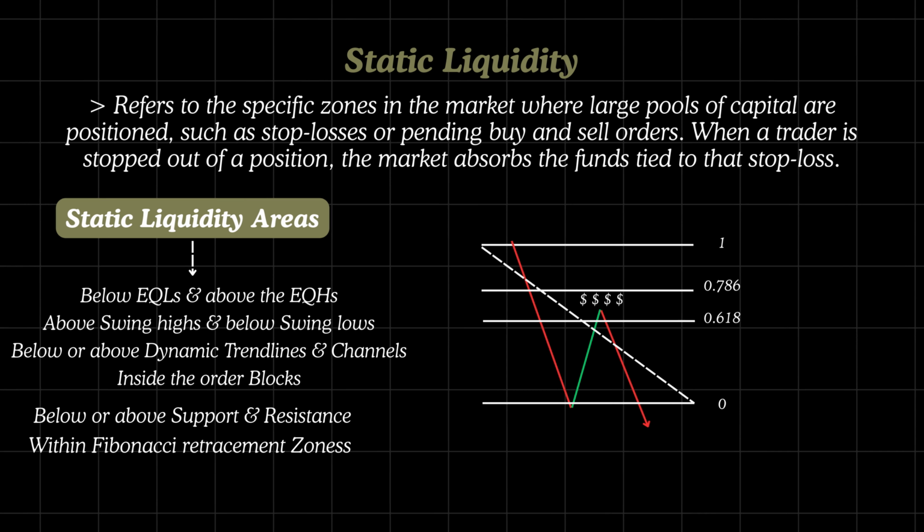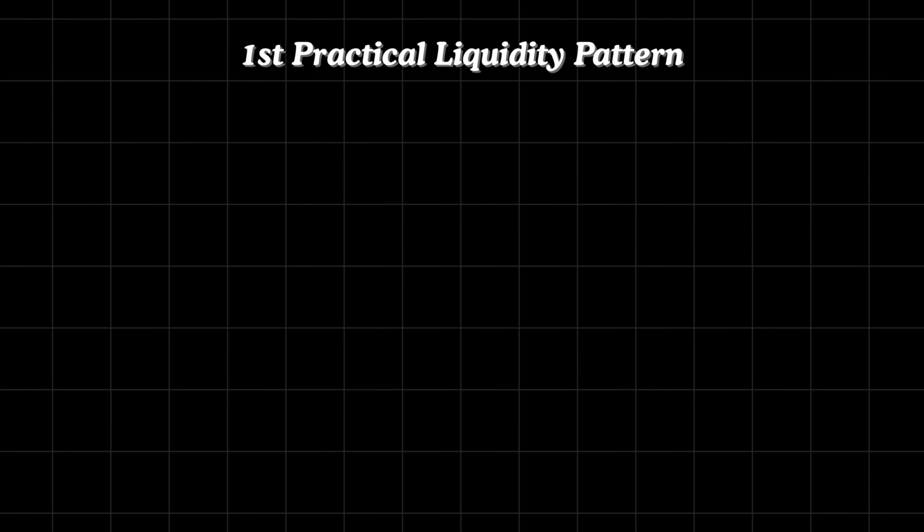Many of these zones and patterns are particularly important since they are commonly recognized by traders, drawing in more stop losses and pending orders, which increases the likelihood of price moving toward them to capture liquidity. Now, let's turn our attention to practical liquidity patterns and scenarios that are more likely to drive price action compared to other liquidity areas. Spotting these zones on our charts increases the reliability of our strategies and improves the probability of successful trades. The first practical liquidity pattern we should consistently look for in the market is defined by equal